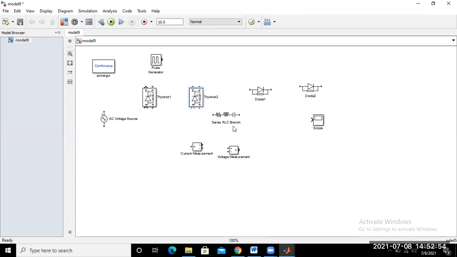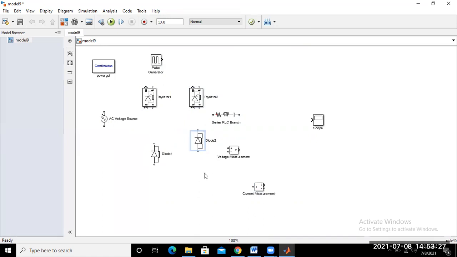Now diode 1 and 2 just place here. So drag this diode up to this point and again Ctrl+R, so you are able to rotate this diode. Okay. And similarly this diode again drag to this point and Ctrl+R. Again Ctrl+R, press here.